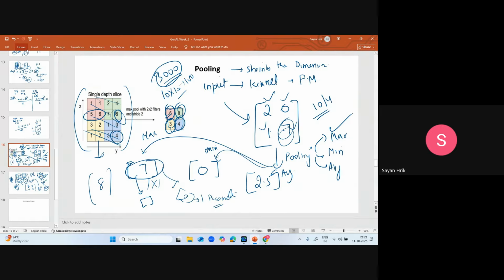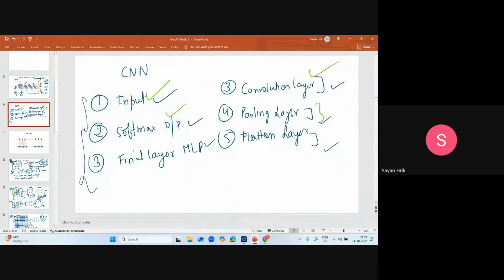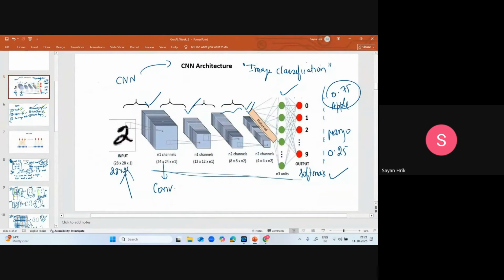Coming back to this slide, we have now covered the convolution layer and the pooling layer. So we have convolution layers, then pooling layers, which are basically shrinking, so at every layer the output is shrinking. Why? Because we are using that CNN formula. I think now you can understand why the output goes smaller and smaller at every layer. Once we have placed all these convolution and pooling layers one by one,